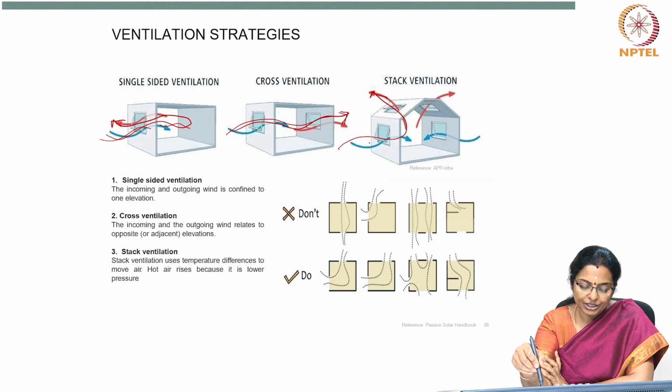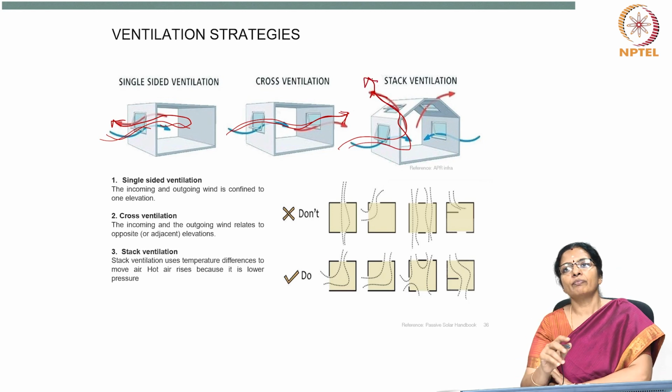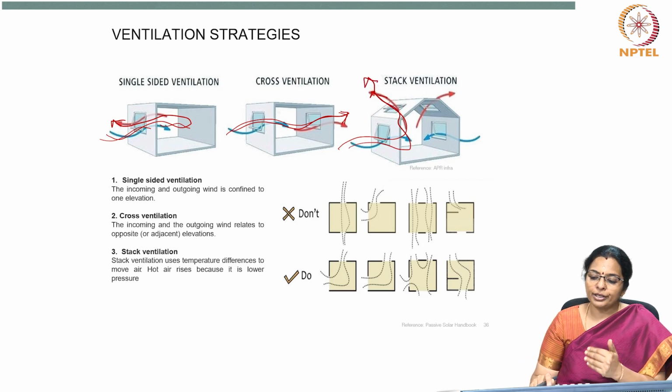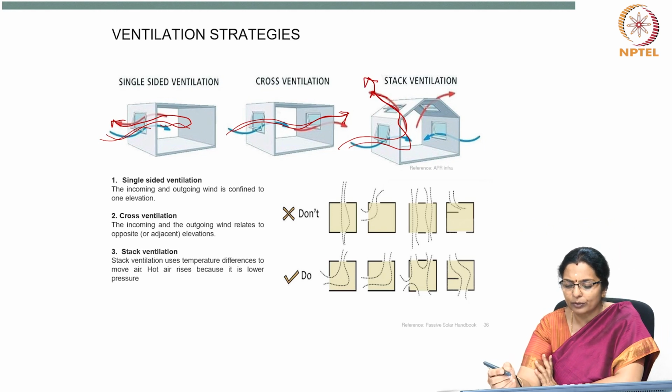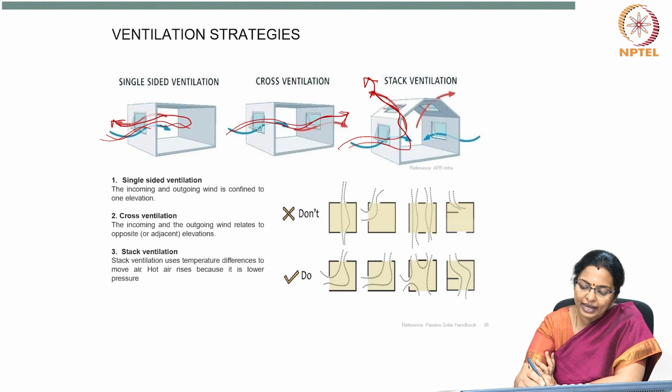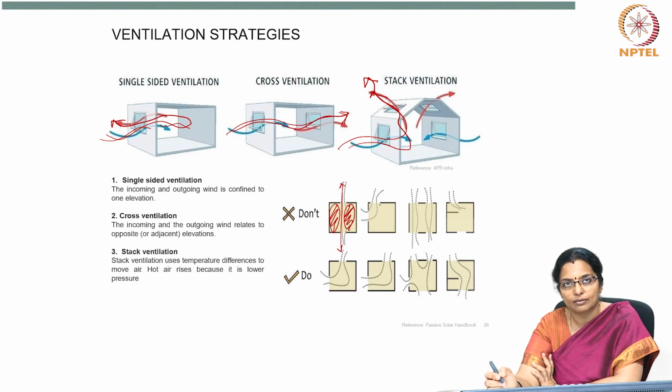In stack ventilation, it uses temperature differences to make warm air rise and escape, which means it is important to have an aperture at a higher level. What we shouldn't do and what we should do is, you must not have openings directly facing each other. If you do that, then a large part of the interior area can fall into wind shadow region. The aperture should not be next to each other, as a large part of the room falls under wind